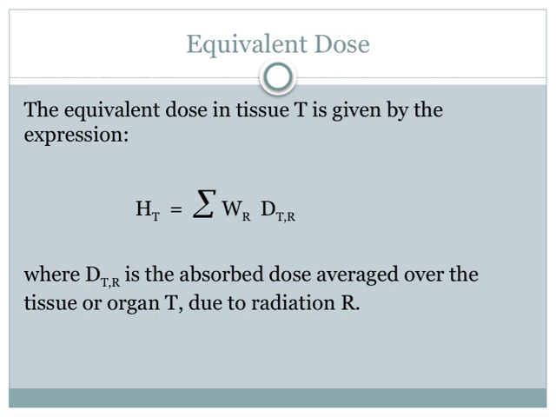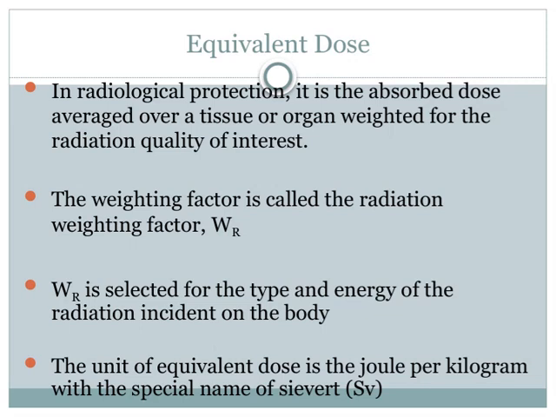This concept is critical because it helps us compare the effects of various radiation sources in a way that's meaningful for assessing risk and planning safety measures across different radiation environments. It ties into the broader theme of understanding how radiation interacts with tissues and how we can quantify those interactions to protect health. In radiological protection, we focus on the concept of absorbed dose, but it's important to understand that